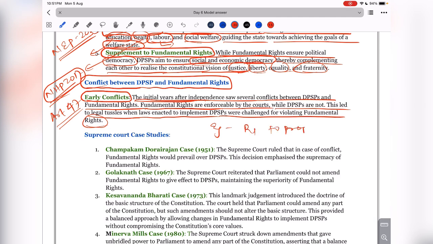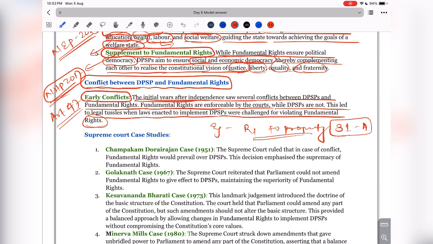देखो, on the one hand, right to property under Article 31. On the one hand, the fundamental right at that time was right to property. So it is the fundamental right to have property, to acquire property, dispose property. It's your fundamental right. But on the other hand, it is the responsibility of the state to reduce the inequality,